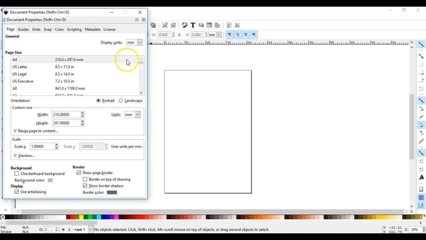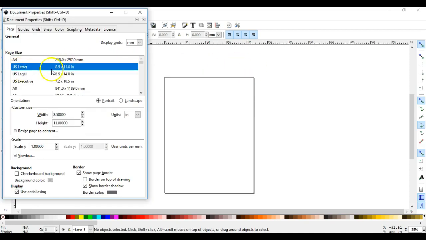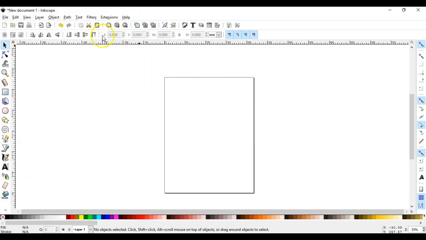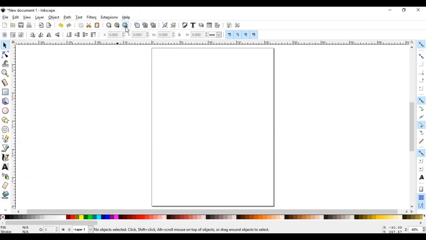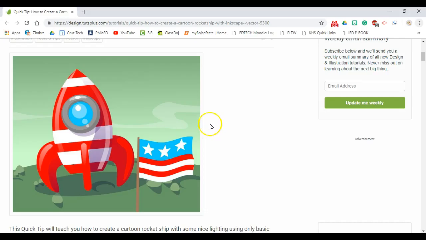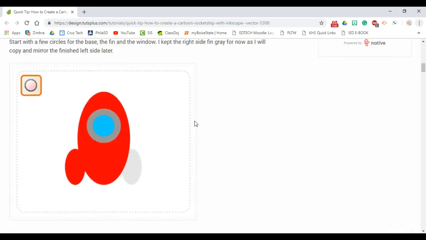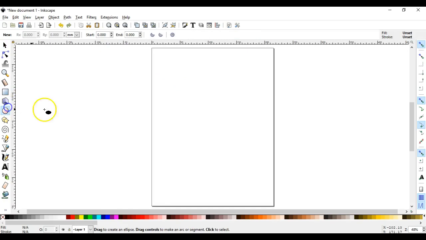and change the document properties to US letter page size so that if I were gonna print this out, it would fit on regular size copy paper. So, first step is to draw a few circles like we see here. So we got 1, 2, 3, 4, 5. And we're going to leave the right side one gray for now because it says we're going to copy and mirror. So let's go ahead and